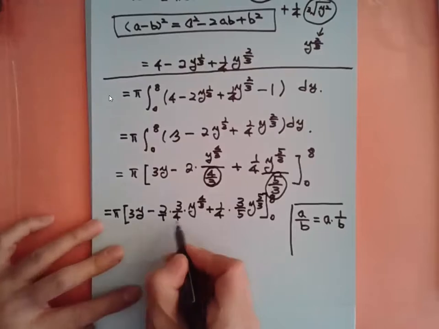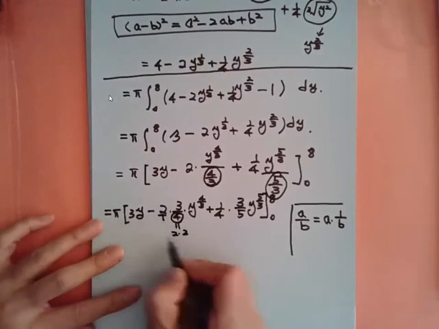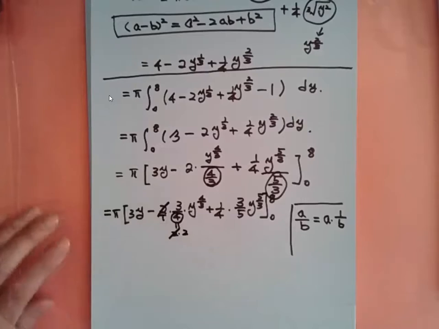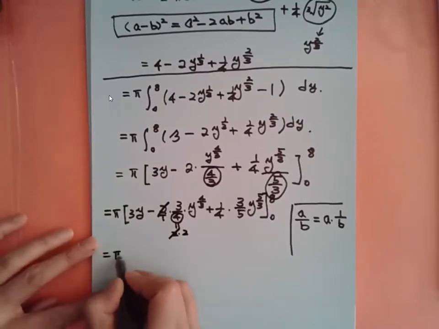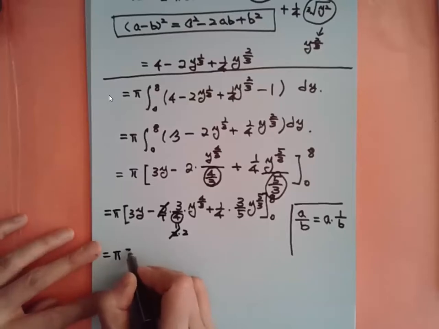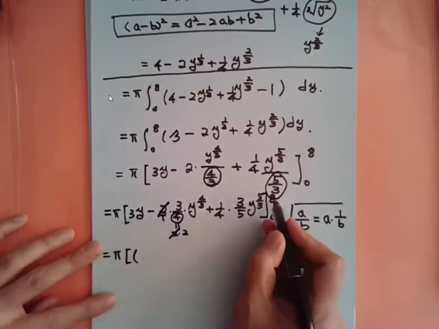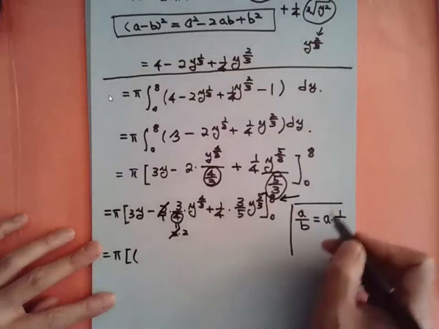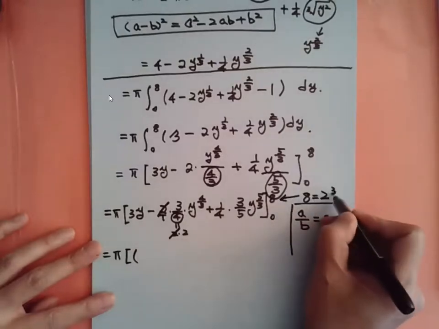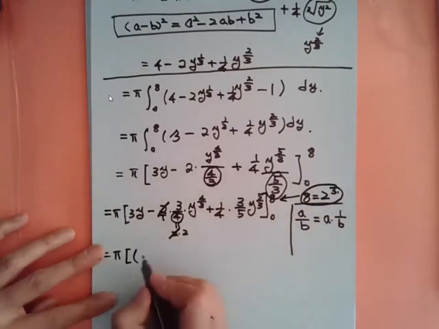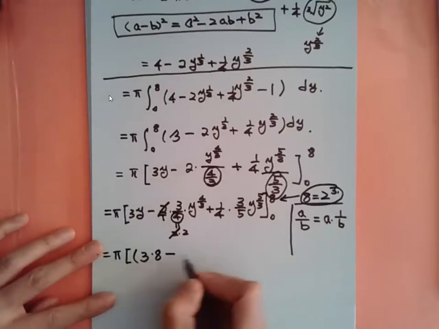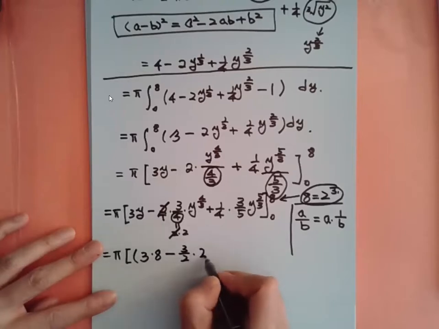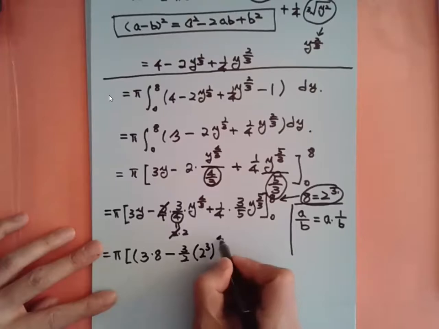So here 4 is 2 times 2, so the 2 will cancel each other. And we plug in numbers, so pi times 3 times 8, let's say 8 equals 2 cubed. So 3 times the first one, we just write 8, minus the second term is 3 over 2 times 8, which is 2 cubed, 4/3